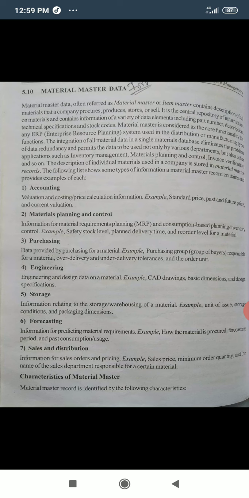So one is related to accounting, valuation and costing, price calculation information, for example, standard price, past and future price, and current valuation.